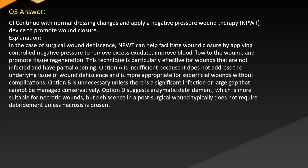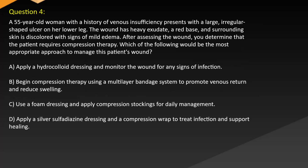Option D suggests enzymatic debridement, which is more suitable for necrotic wounds, but dehiscence in a post-surgical wound typically does not require debridement unless necrosis is present. Question 4. A 55-year-old woman with a history of venous insufficiency presents with a large, irregular-shaped ulcer on her lower